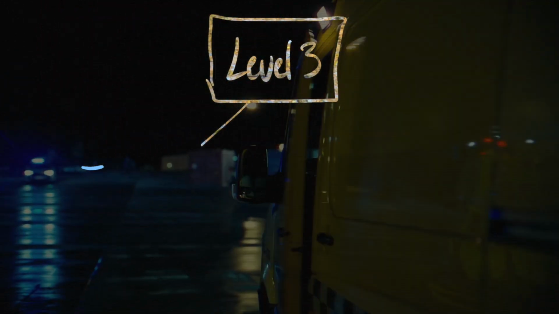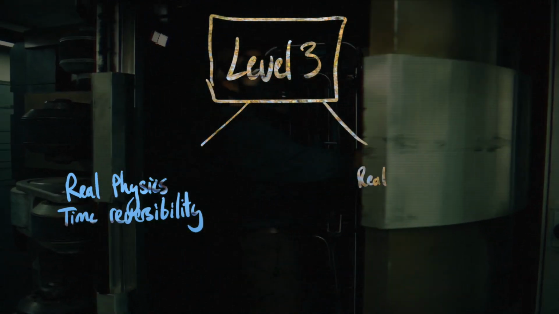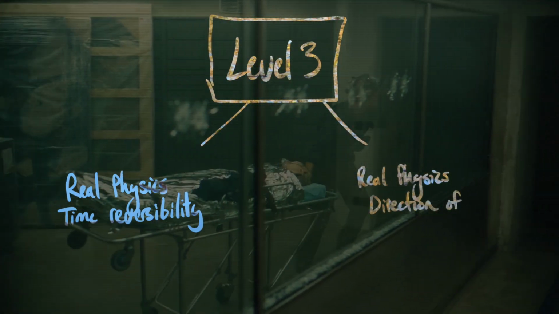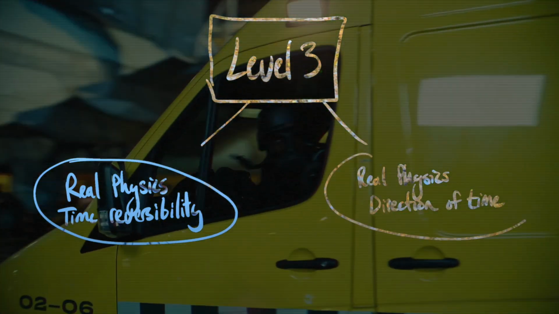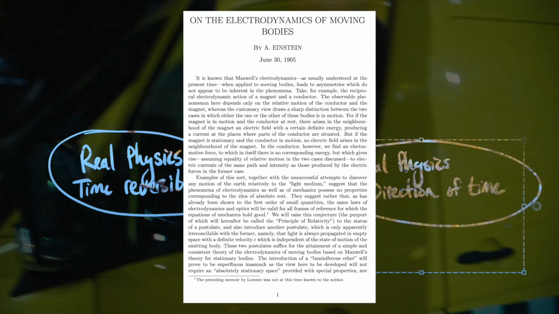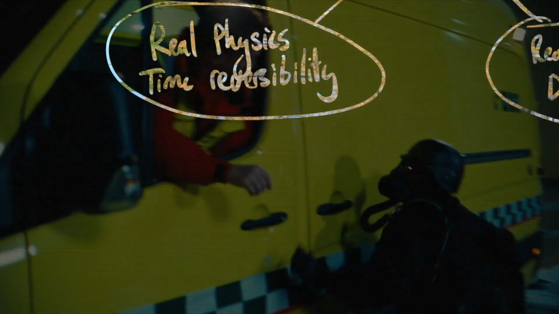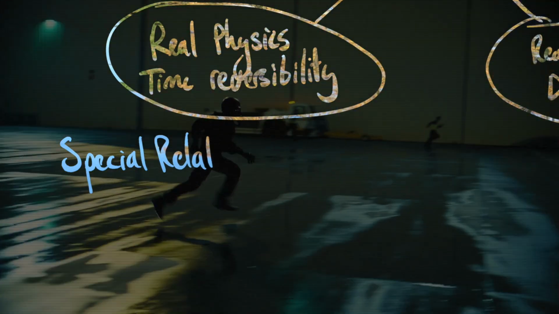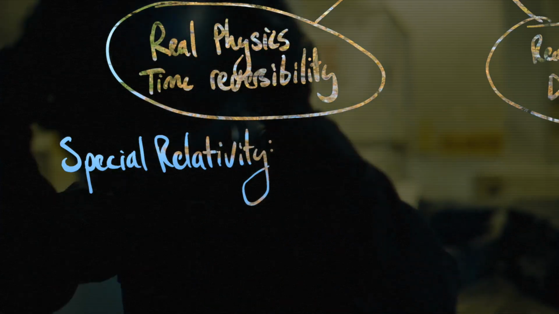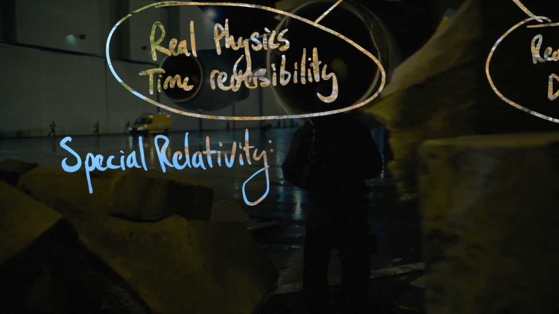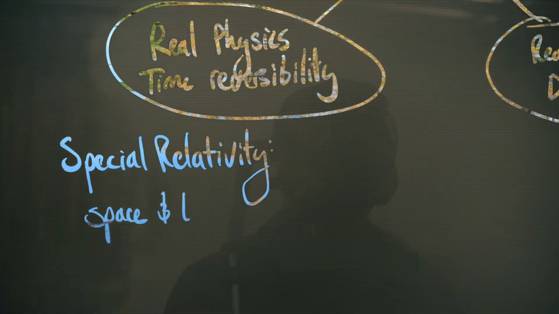Okay, level 3. Time reversible events actually do exist in the universe. This might sound pretty wonky, and it is kind of wonky, but it's also incredibly well established. We've known this since 1905 or 1907. I can't remember the exact year Einstein published this paper. Time dilation and the bendiness of time is an incredibly well established fact within physics. There's explainer videos all over, so I don't want to get too much into detail here.